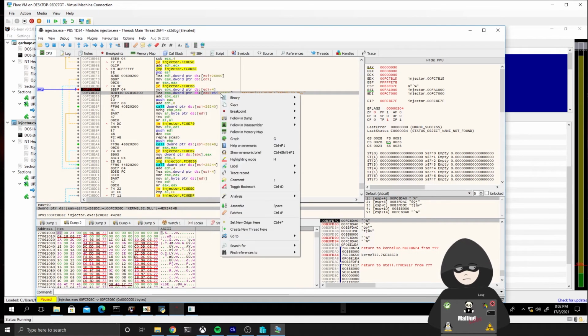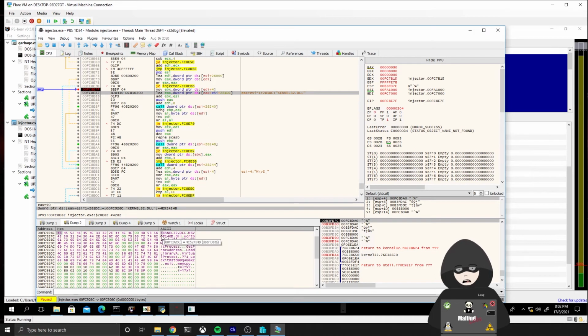So if we go here and follow this calculated address in the dump, we will see